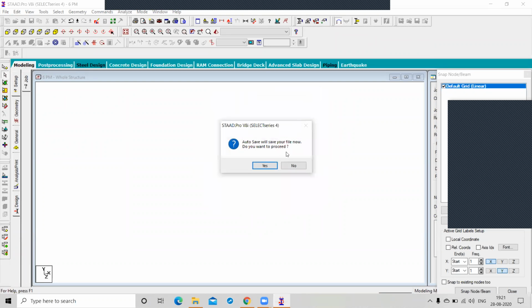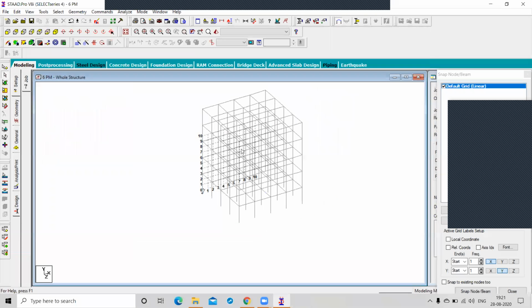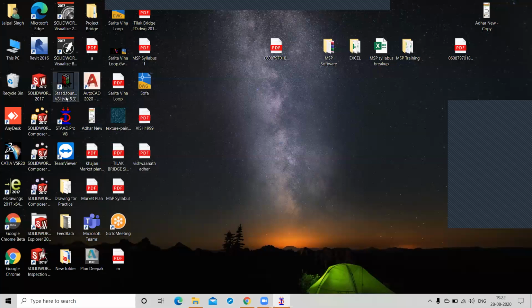Click on OK. So this CAD structure is inserted into the StaadPro model. Sir, can we design the foundation here in StaadPro? Yeah. We have separate software for the foundation. This is your STAAD Foundation.